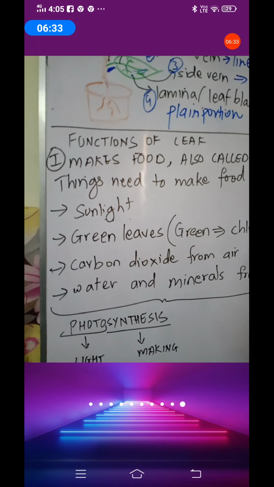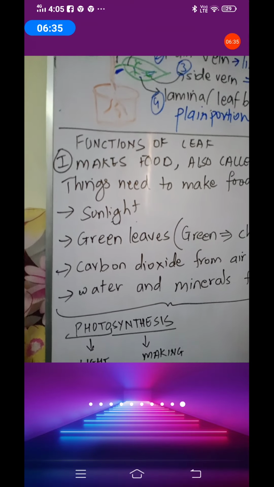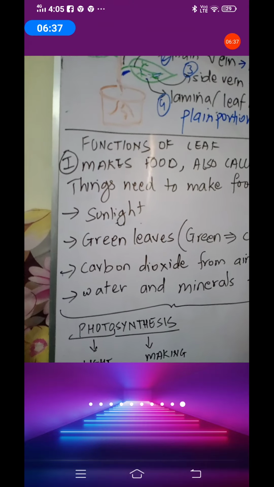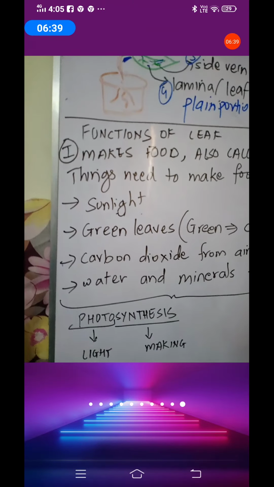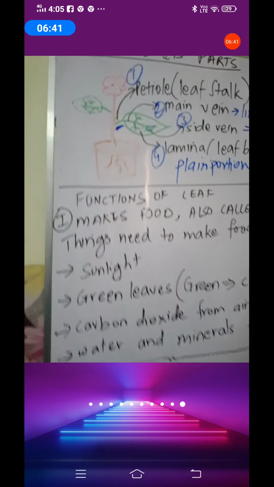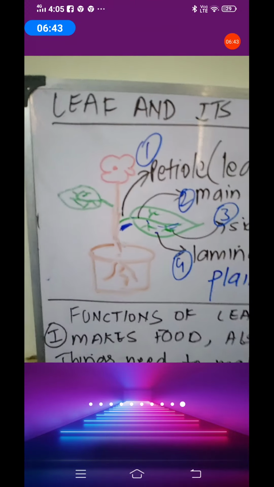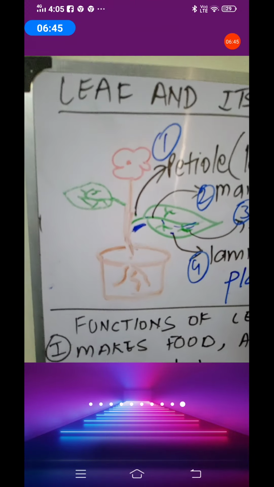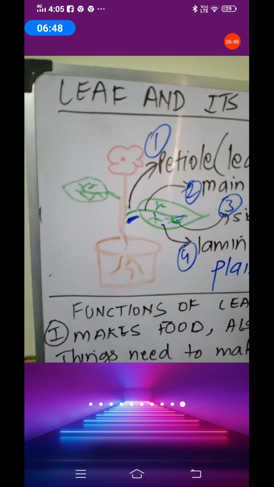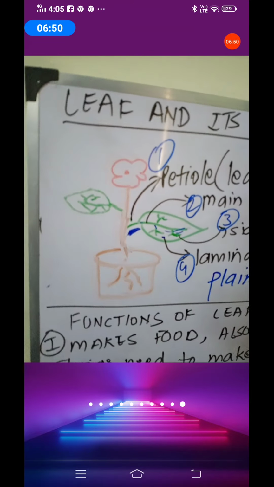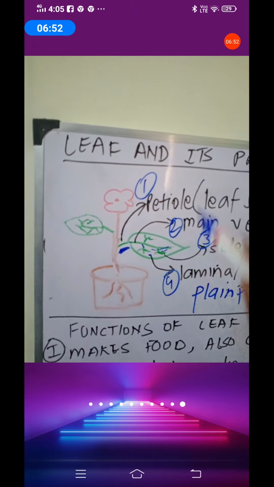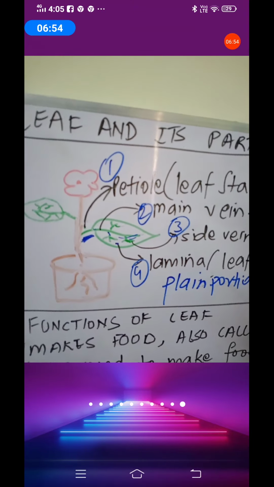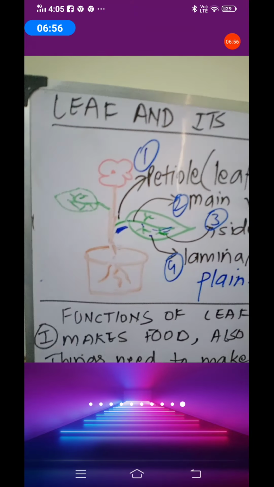She cooks food in the kitchen. So wherever you make food, why do we call that place the kitchen, right? You all know that plants are able to make their own food, isn't it? Plants make their own food. And where are they making it? Do they have a kitchen?